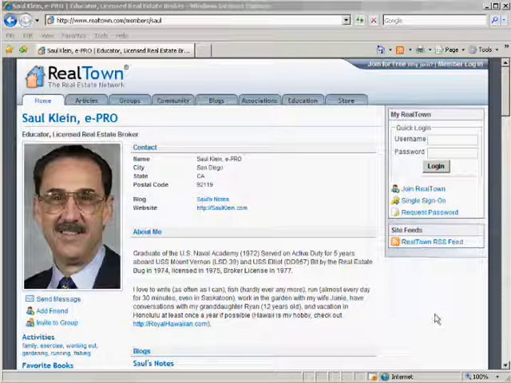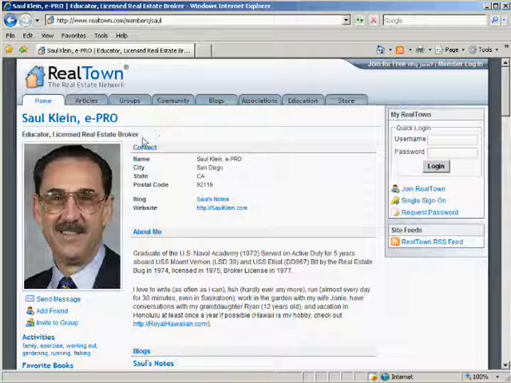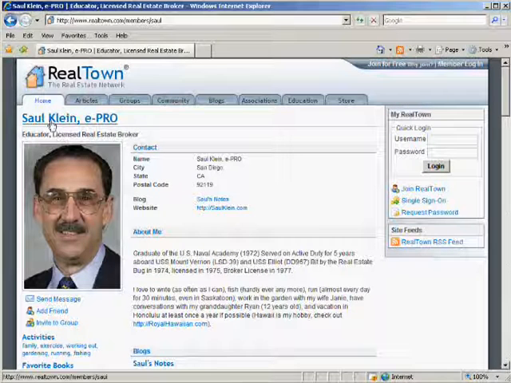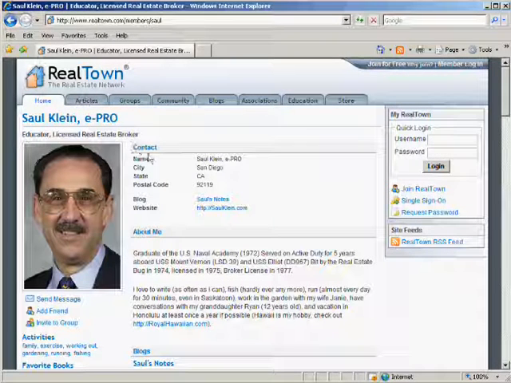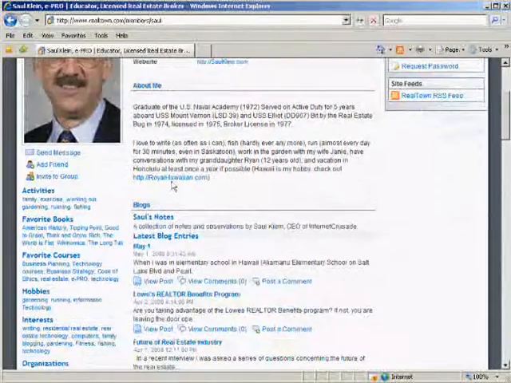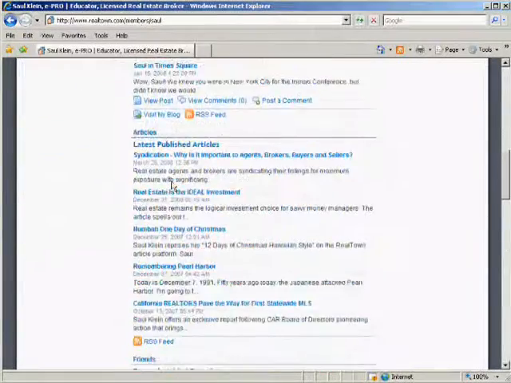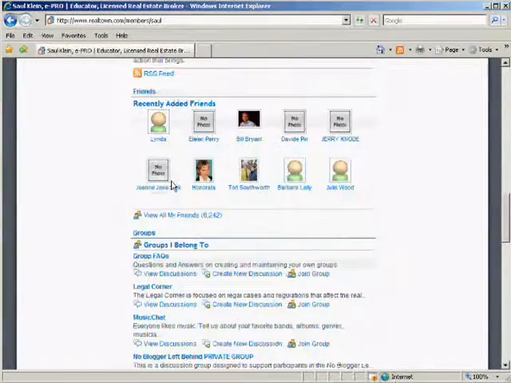The purpose of this tutorial is to walk you, the user, through the entire process of creating or updating your RealTown profile. Right now, we are looking at the profile of Saul Klein. Some of the profile information is completed by the user, like the contact information and biography. Other information, like your recent blog entries and new friends, is automatically updated by RealTown as you contribute to our